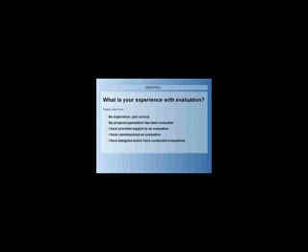So maybe we can pull up the poll again. For me the results are a bit small. Maybe Sylvia, can you read the results? Yeah. So 0% answered no experience, just curious. 25% answered my project organization has been evaluated. 40% answered I have provided support to an evaluation. 5% I have commissioned an evaluation, and 30% I have designed and/or have conducted an evaluation.